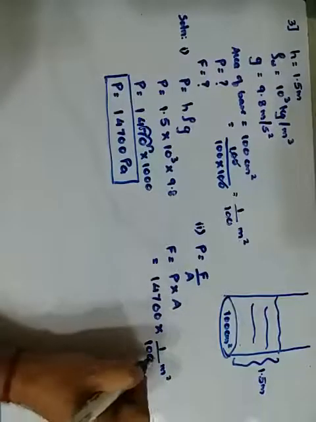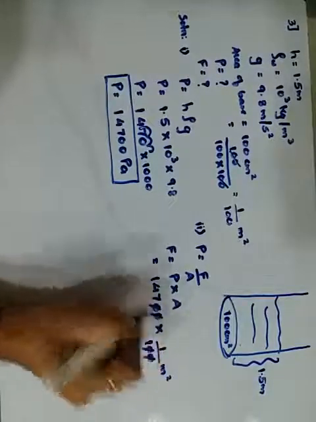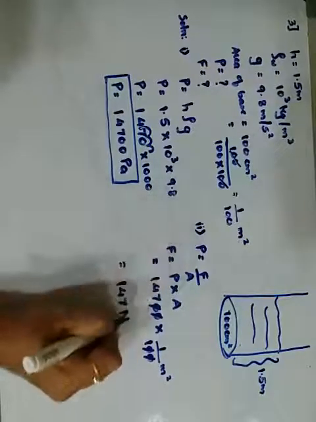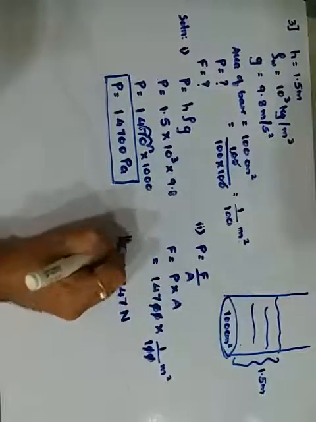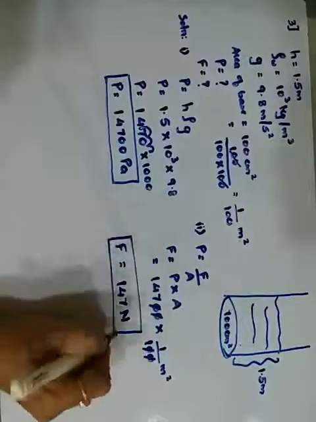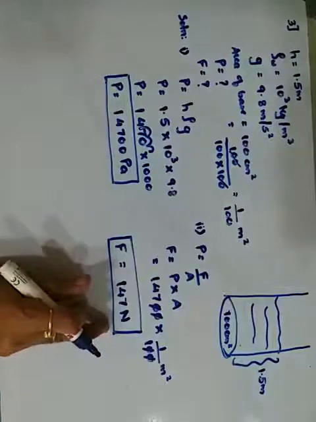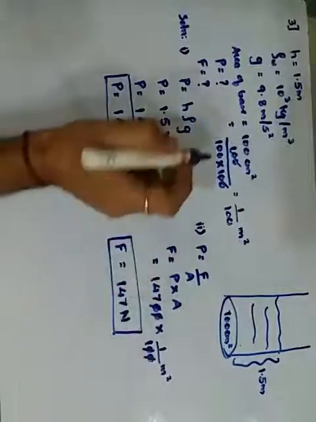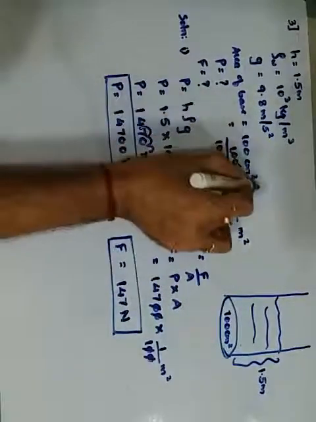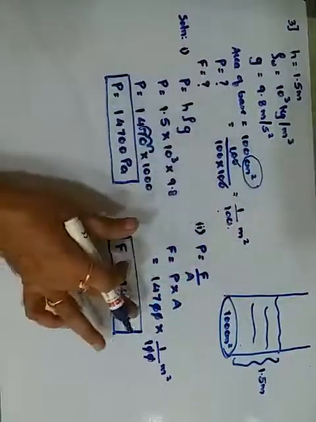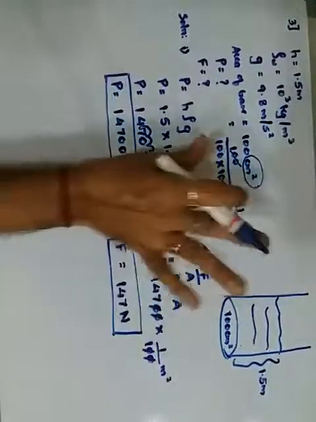So this 0 and 0 cancel, 0 and 0 cancel, left is only 147. Force is given in Newton. Therefore the force acting on the bottom or the base of the cylinder is 147 newtons. Getting it? Simplified version. The only thing was the conversion of centimeter square into meter square, where I made it 1 upon 100. I did not convert to decimal because the zeros were going to cancel, so I kept it as it is.